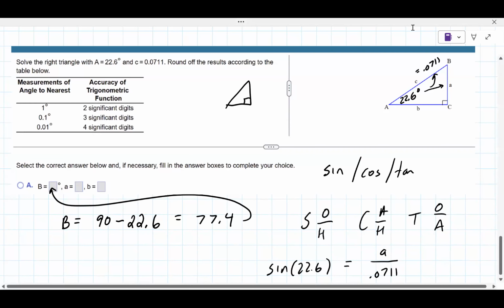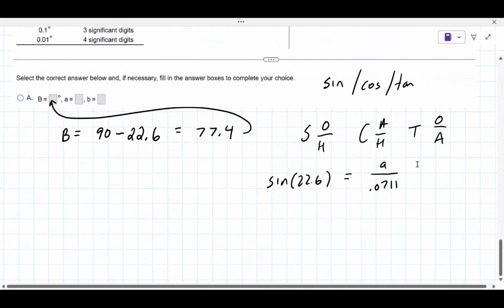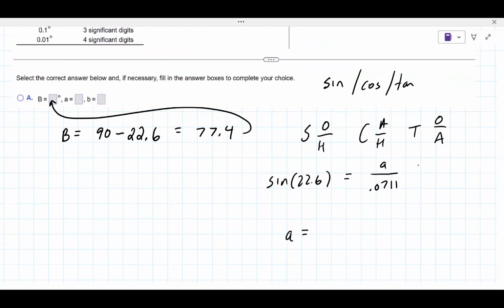Does that make sense? Or have you not seen that in a while? That's been a while. Okay. So if you had some time, it'd be good to go in before our lesson and look at some things, because I can give you all the explanation, but you ultimately need to get through questions. All right. So to solve for A, you multiply both sides by the 0.0711, so A equals 0.0711 sine